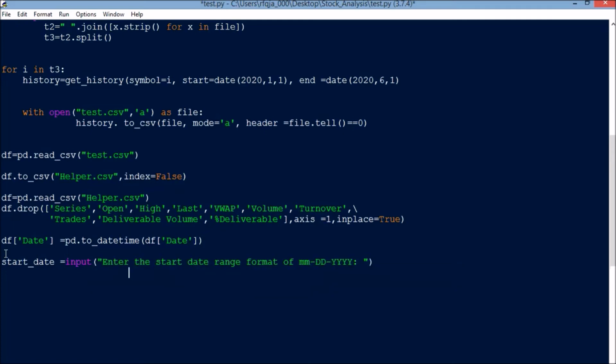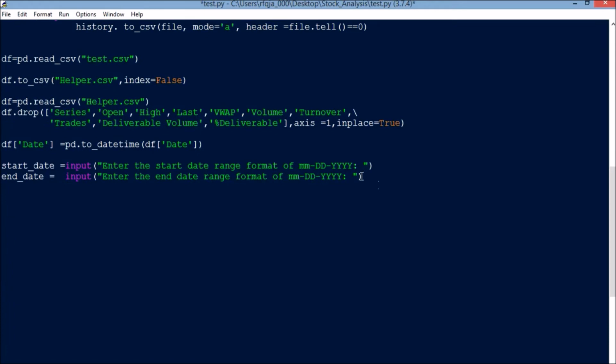Okay, then end date equal to, I will have the same thing copy pasted. Start, the end date. Okay, and end date. So next we'll have this filter range along with this. Say filter range